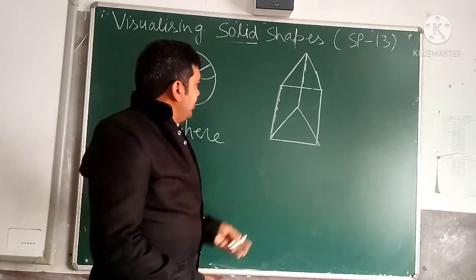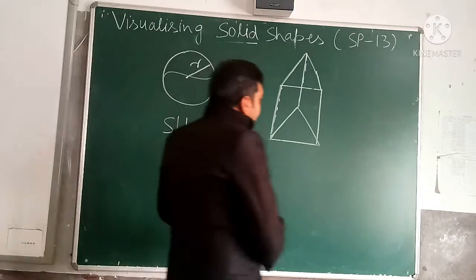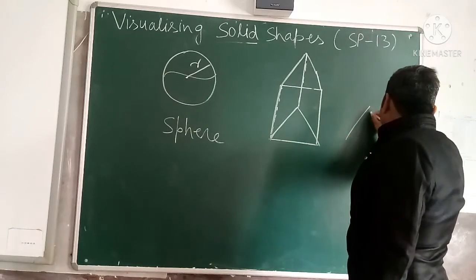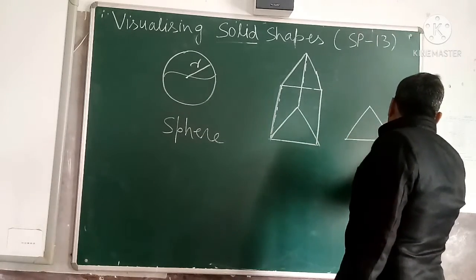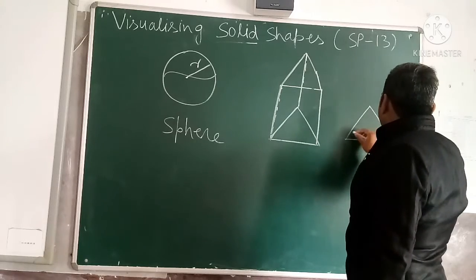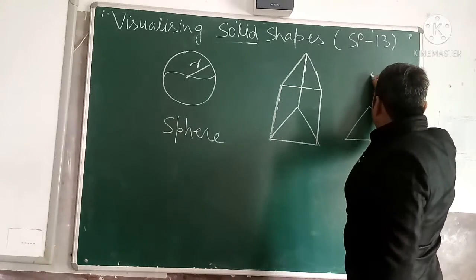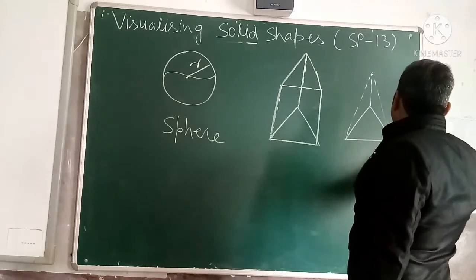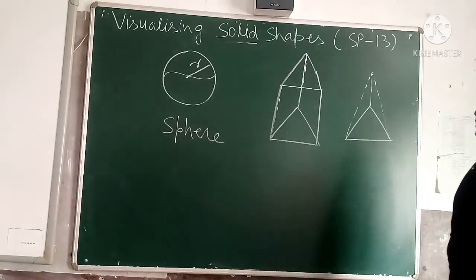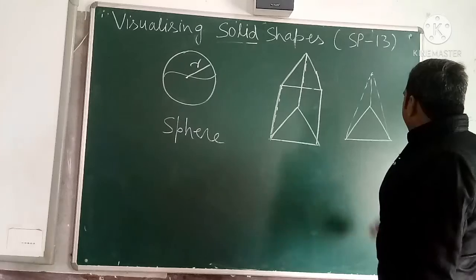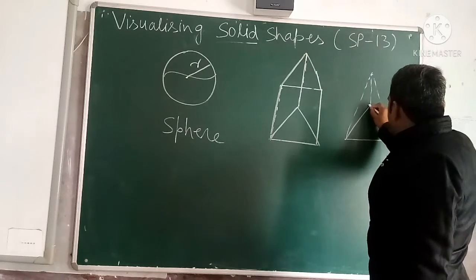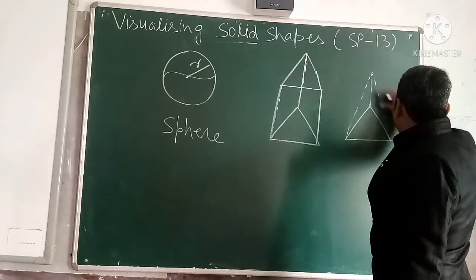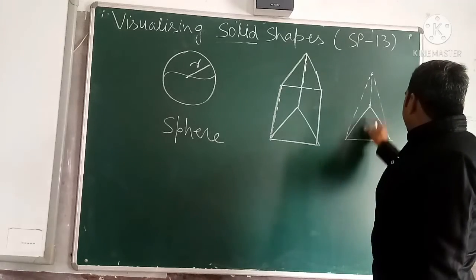Now we move on to the pyramid. So see how you get the pyramid. In a triangular pyramid, if you raise a triangle, suppose this is the common vertex, you join this, join this, join this. Now this becomes the pyramid. Now here you find that each triangular face is meeting here. This is the vertex point. This is one triangle. This is another triangle. This is the third triangle.